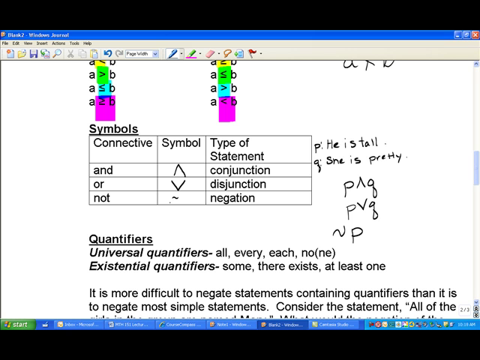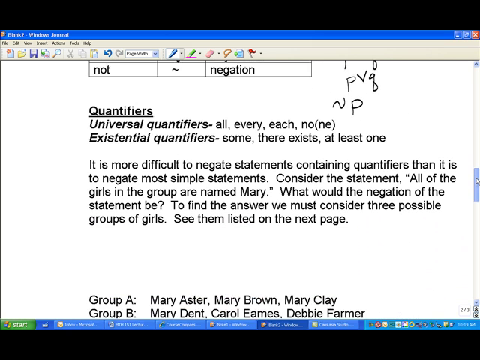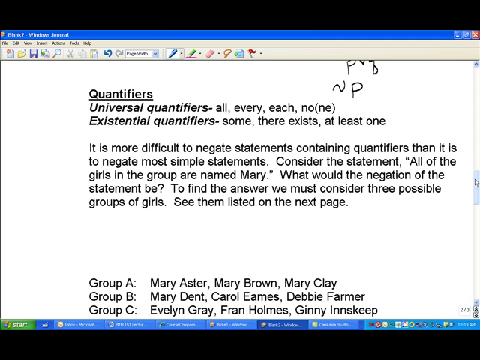Okay, next we have quantifiers. There are two types of quantifiers that we work with. Universal quantifiers, which include or